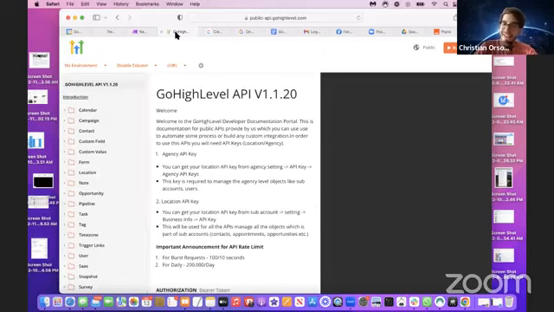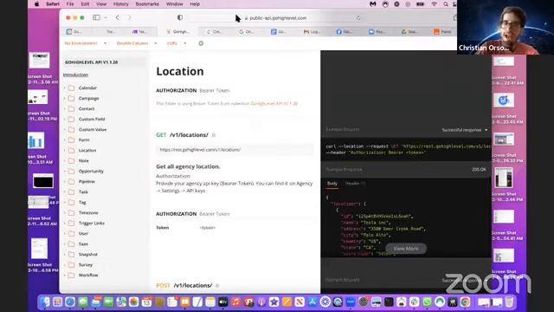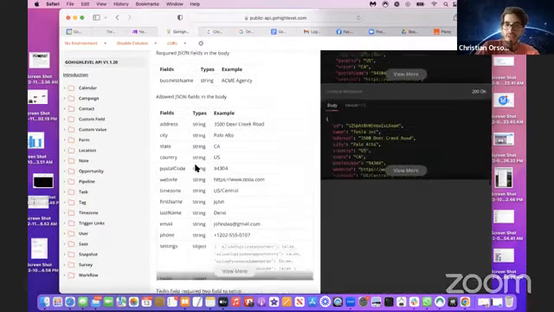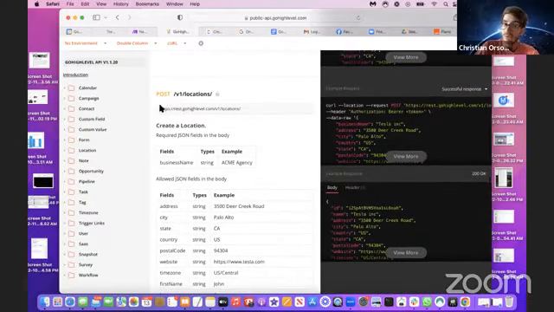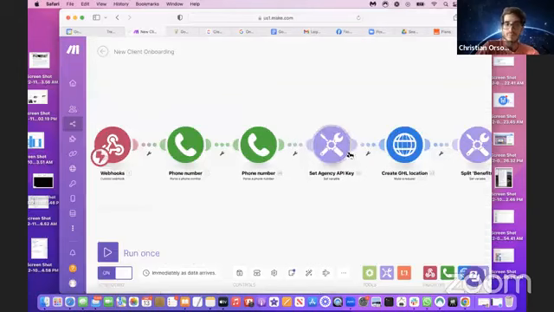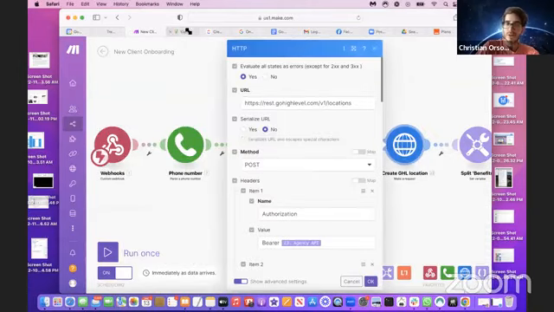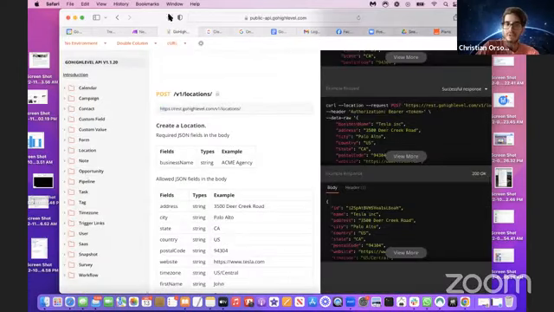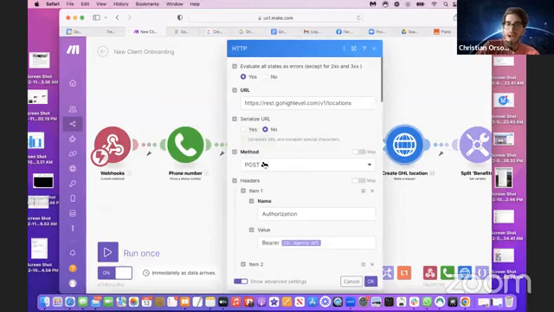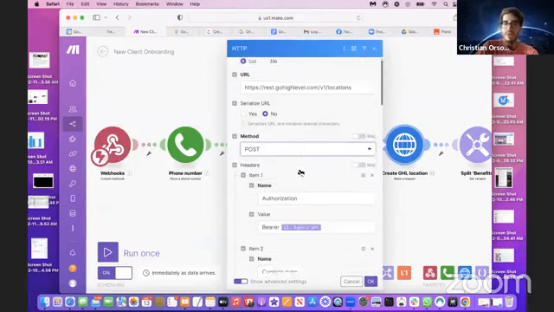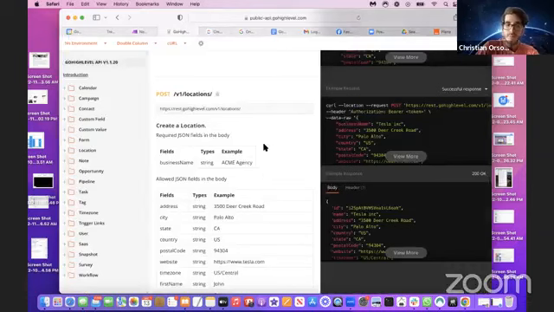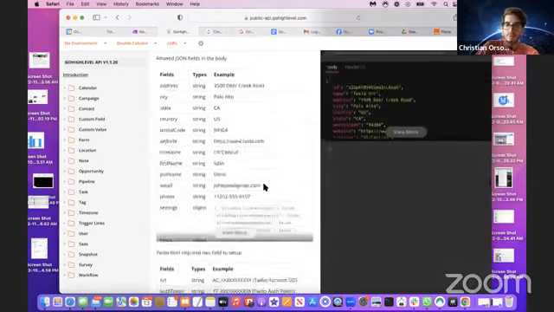In the documentation, they tell us how to do this. How do we create a location? How do we do a post request? Easy. It tells us what we need to do. For example, the URL is here, locations. Method, it's a post request. We already know this. What do we have to do? We have to put the following. Look,